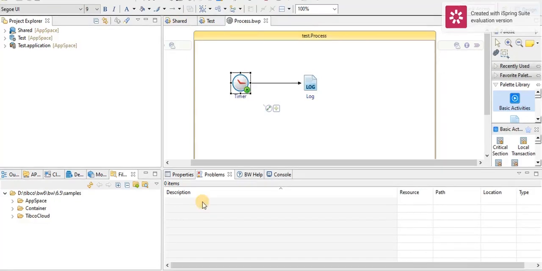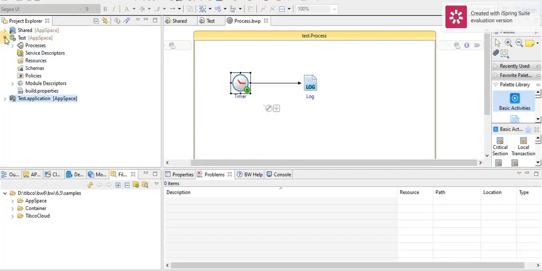Now let's see the folder structures in TIBCO BW6. When the application module is created in TIBCO BW6, immediately two applications are created in the Project Explorer. In this case, I have created a test application and I was able to see two applications created in the Project Explorer. So this one is the main application where we implement our business logic. The other one is the project.application, which is used to create the EAR for deployment.